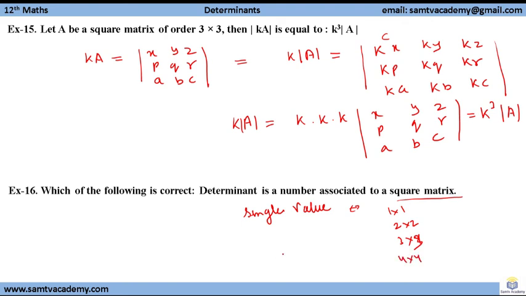So you have to remember that whenever you are solving questions on a determinant, after calculating and reducing the whole determinant, you will get a single value only. And always we solve the determinant for a square matrix only. That can be of any order. Hope you have